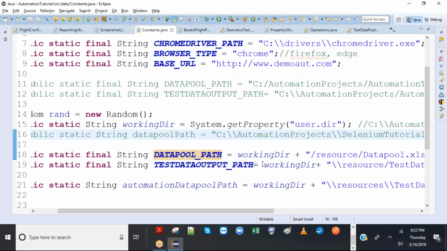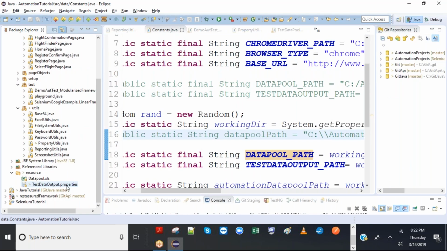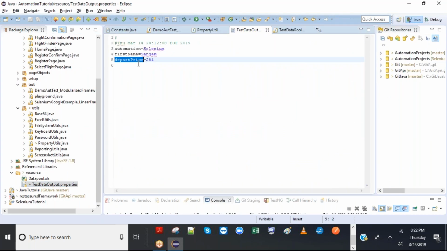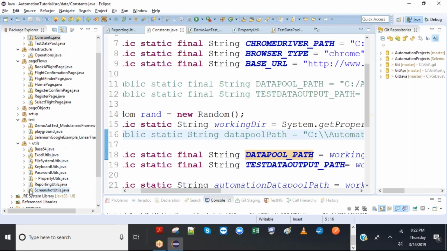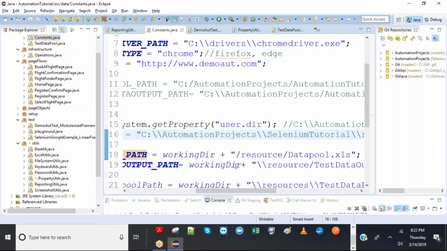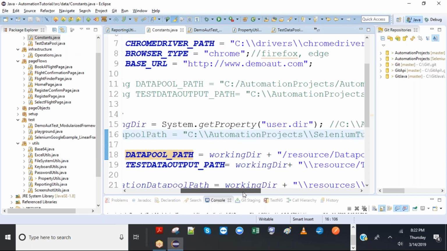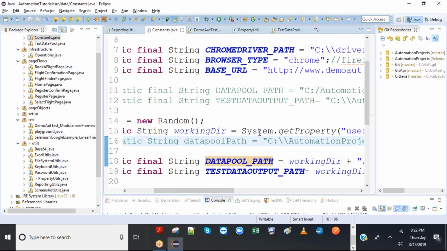For example, test data pool path. What is the test data pool? Test data pool we created recently, right? This one, test data pool, where we can store the output data temporarily so that we can use this output data in another part of page in the execution itself. So again, to store this test data pool, I used a working directory which is dynamic path. To this I added the resource and the file name and the extension. So similar to all of this. Okay, so just take this update,